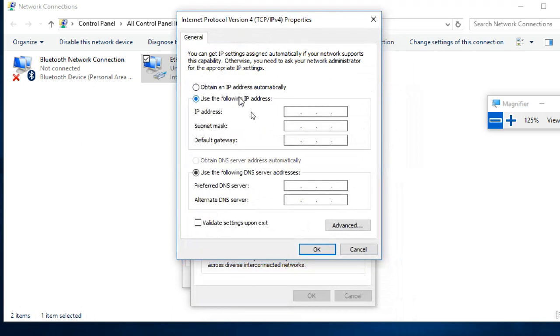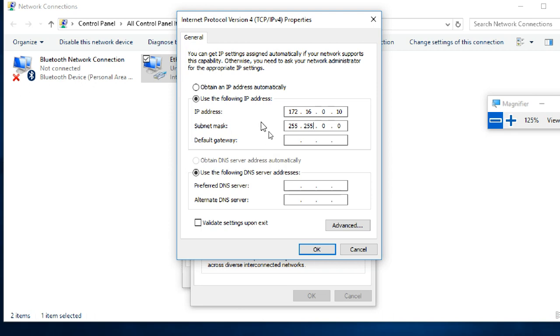Use the following IP address. Select the second one. I'm giving the IP address. I'm giving 10 and pressing the tab button. Automatically you will get your subnet mask.